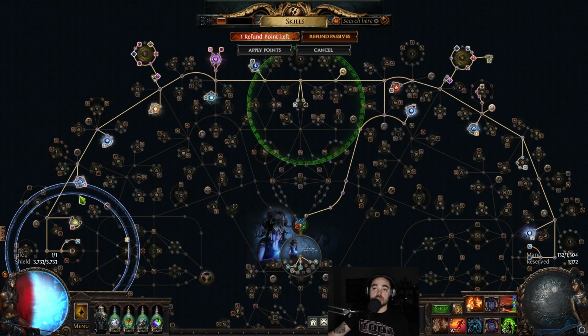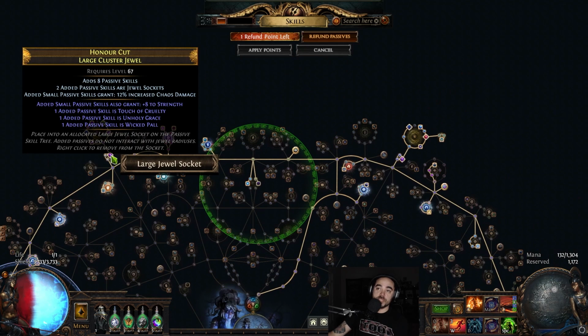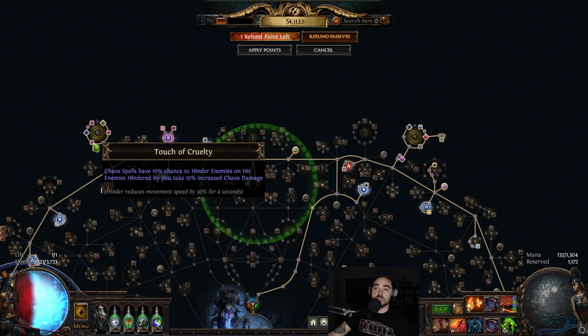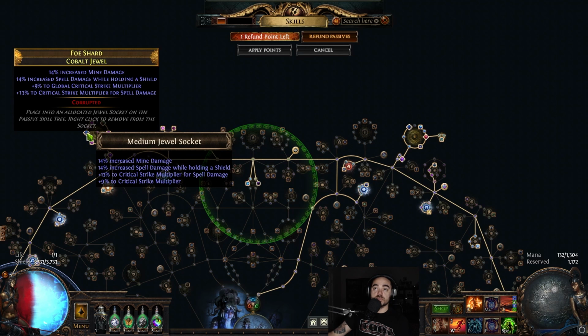Obviously take all the power charge nodes because you are power charge stacking. Take all the mana reservation up here. The large cluster jewels. Try to get Touch of Cruelty and Holy Grace and Wicked Paw. It's for chaos damage, hinder, chaos damage, and then chaos damage and attack speed. Up here, spell damage, crit multi,